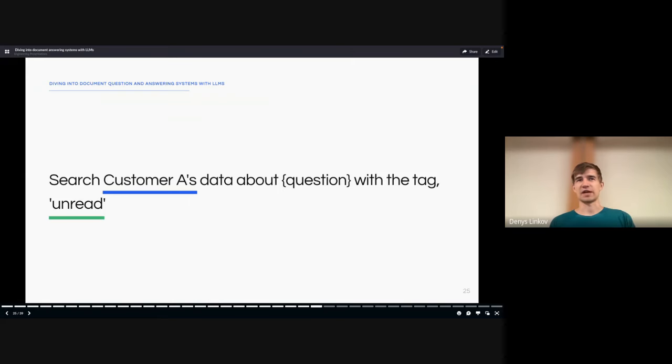And you might have multiple tags or questions or settings. For example, here, you might have tagged your data in some system as unread. So you can think about it as some kind of knowledge base or database with different properties, and you're now using natural language to query it in this way. So it gets very complicated very quickly, where you've gone from an information store, ask a question, get an answer, to now you have to process user questions to try to figure out how you can extract exactly what the user wants to do.